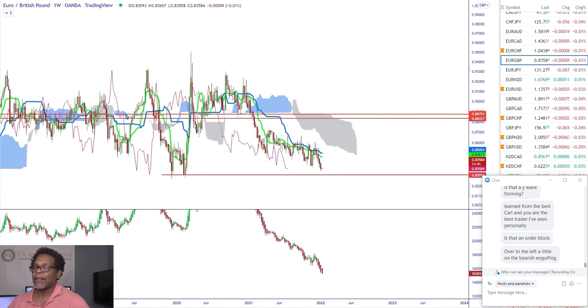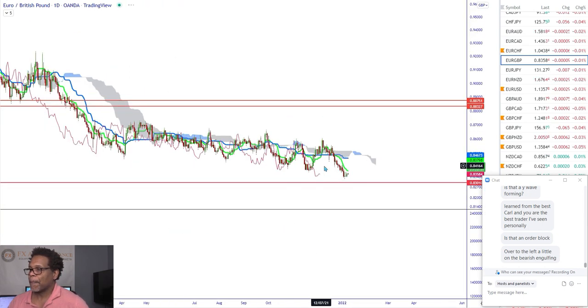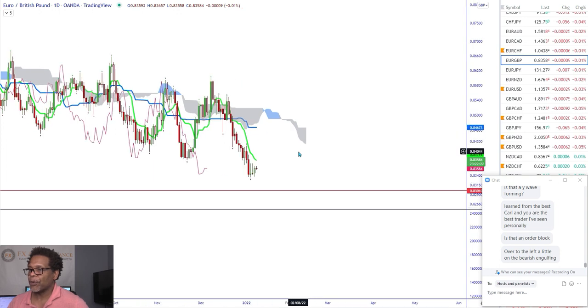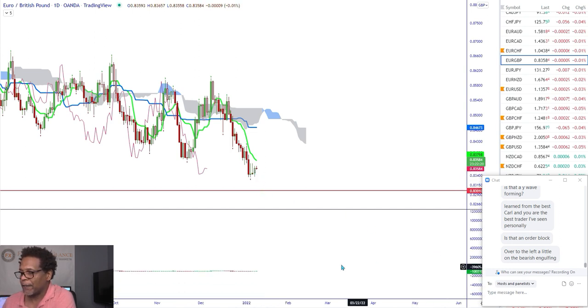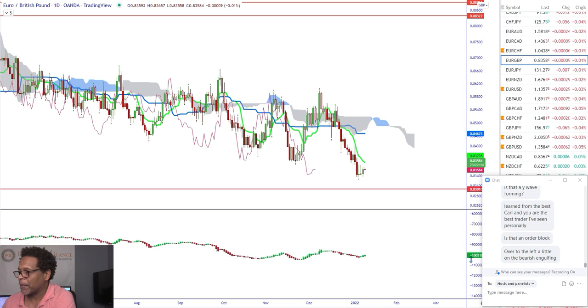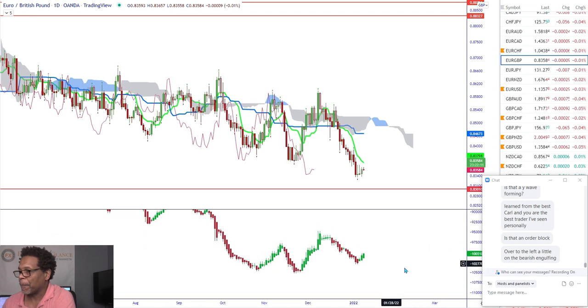So when I go to the daily, now we got a gap here. So this gap, we're probably going to see a correction. Where do we correct back to? But I think overall we're going to get to this level. I don't think we're going right down to this level yet. Let me find this thing. Then open it up so we could see what we got. We got some demand in the market right now.